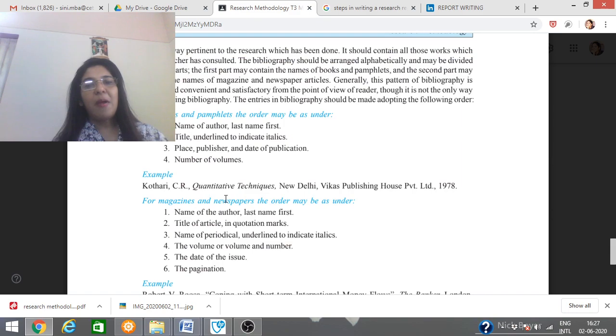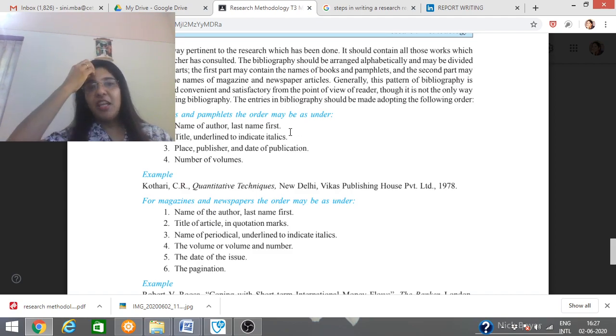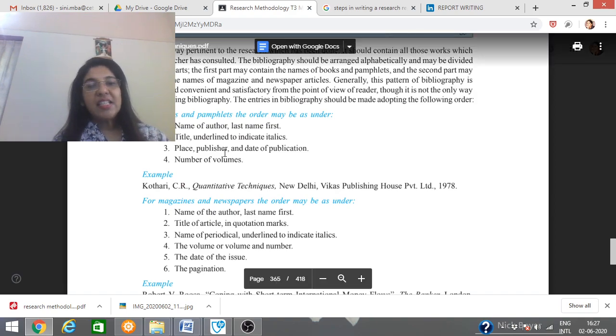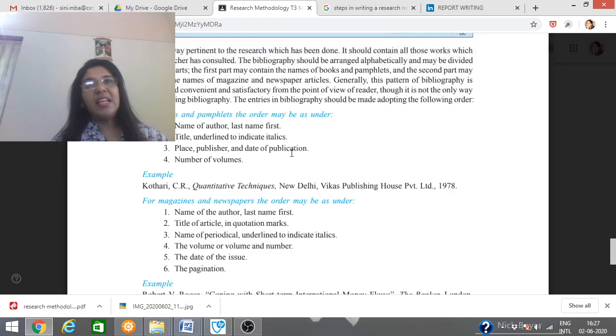For books and pamphlets, suppose you are referring to a book, you add a reference as a book. How you add that book in your bibliography is: name of the author, but the last name should come first. If your name is Michael Jackson, your bibliography will be written as Jackson, Michael. Then next is the title, underlined to indicate italics. The title means the title of the book.